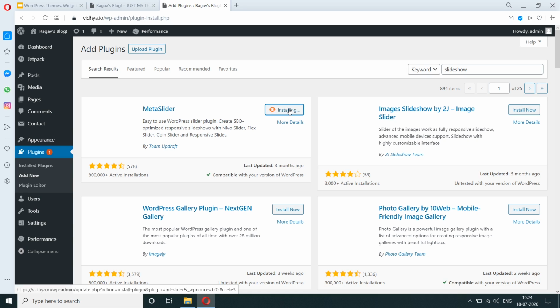So one thing about installing plugins is that you may not get the best plugin right away. You may have to try a few plugins to see if it is doing what you want it to do. And it's actually a trial and error method that you find out the best plugin for your use case. And we're going to try a similar approach here. Let's see how it goes.